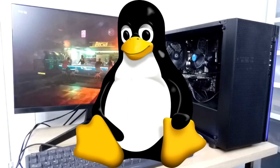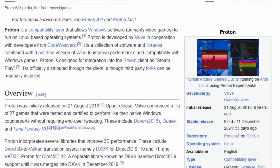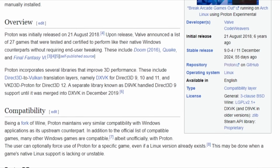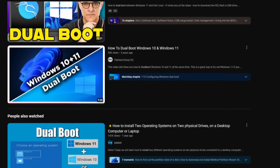So, why not Linux? You can't game on Linux or do anything important with it, you may be hastily typing up right now, and I would have agreed with you probably like 5 or 10 years ago, but Linux has made some great strides in recent years, and isn't a bad option. Plus, it is free. You can make a dual boot setup too, just in case Linux isn't your main thing,